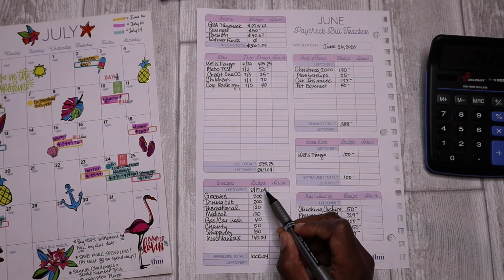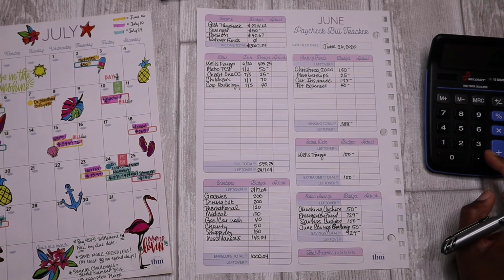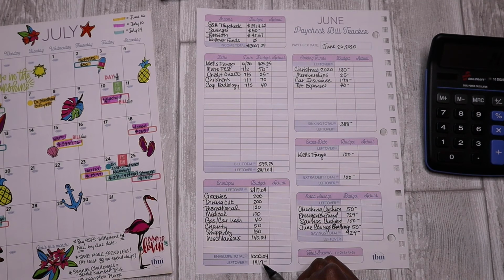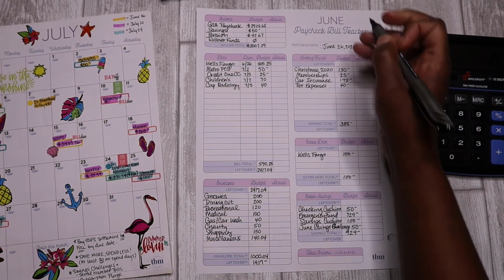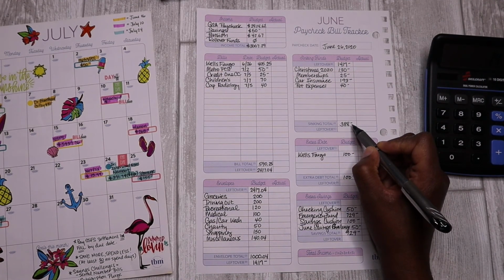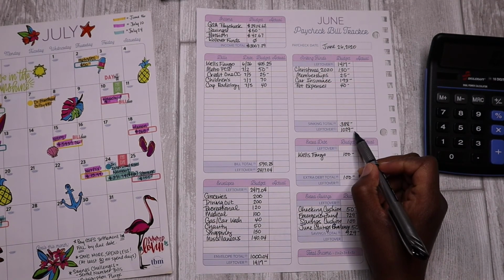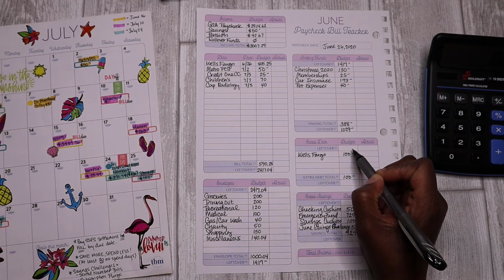$2,417.04. And then I'm going to subtract my variable expense total minus $1,004, which leaves me with $1,417 even. I'm going to bring that leftover amount over to my sinking fund leftover row, $1,417, and subtract out my sinking funds total, $388, which leaves me with $1,029. I'm going to take that $1,029 and bring it down to the leftover row in extra debt,